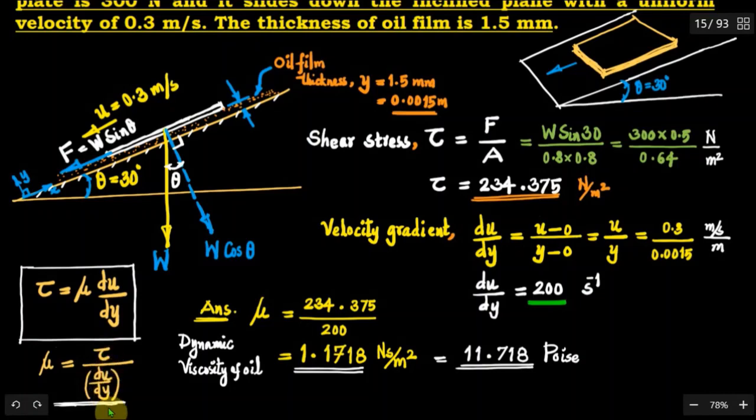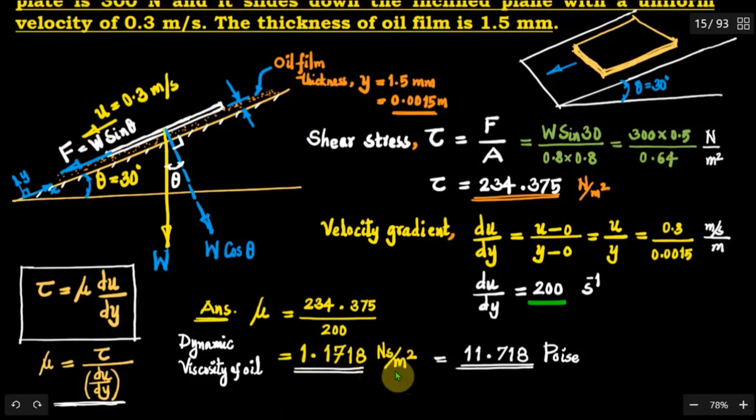So shear stress divided by velocity gradient, and therefore mu is equal to shear stress 234.375 divided by velocity gradient 200. So you'll get 1.1718 Newton second per meter square, or Pascal second, that is the SI unit of dynamic viscosity. So here the dynamic viscosity of the oil used for lubrication between the square plate and the inclined plane is equal to